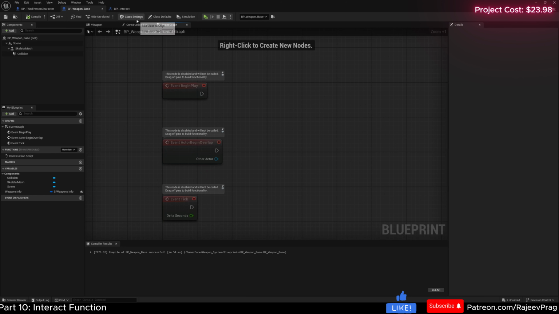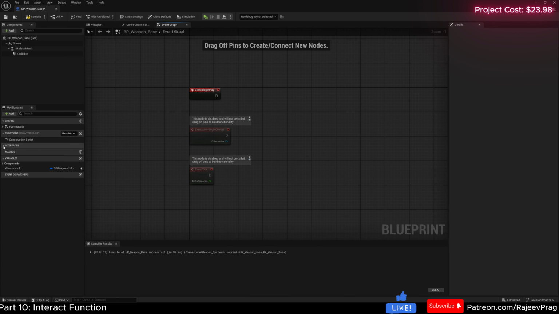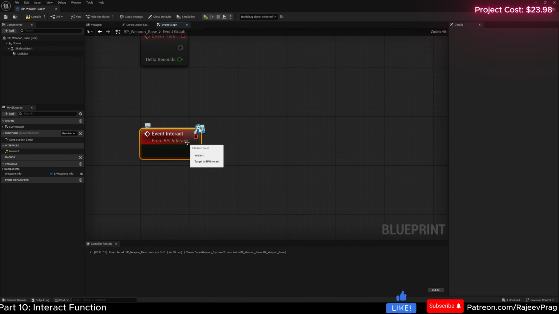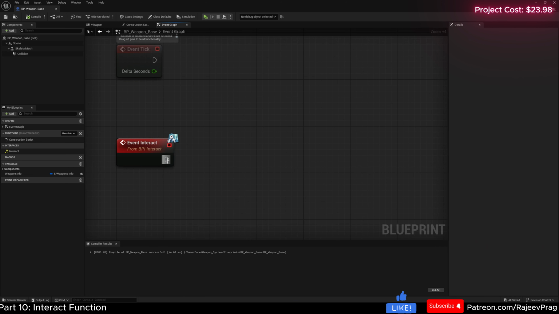In our weapon base, we're going to go to our class settings. Under implemented interfaces, let's go ahead and implement the new BPI_Interact interface. Now we have this interface added to our BP weapon base, so I'm going to right click and implement this interface. When this event fires, we want to add this item to our player's backpack. I'm going to communicate the information of this item to the player, and then the player will add